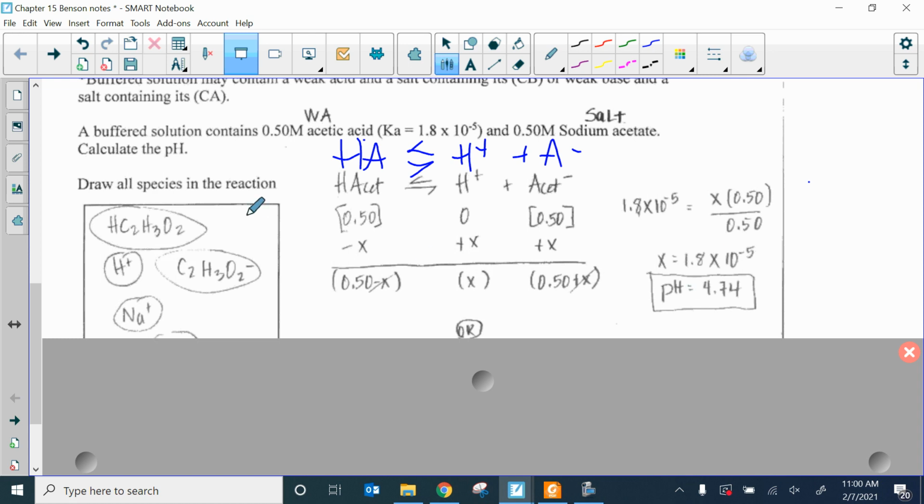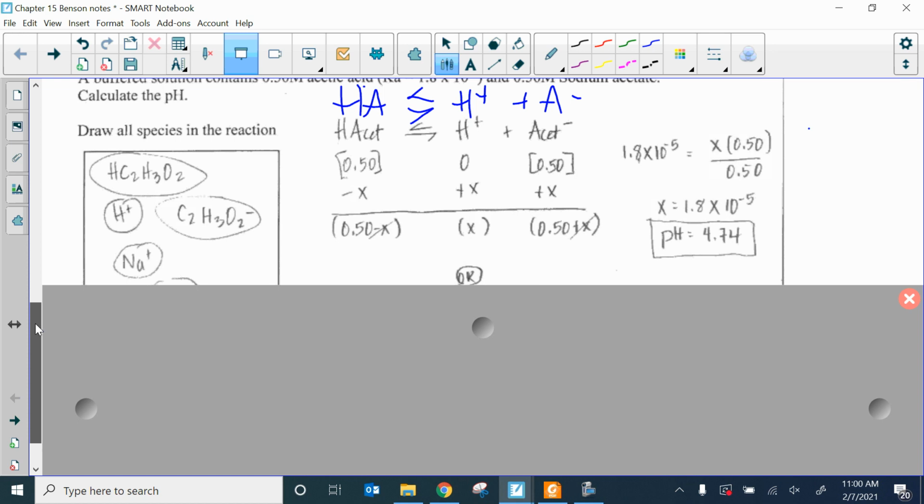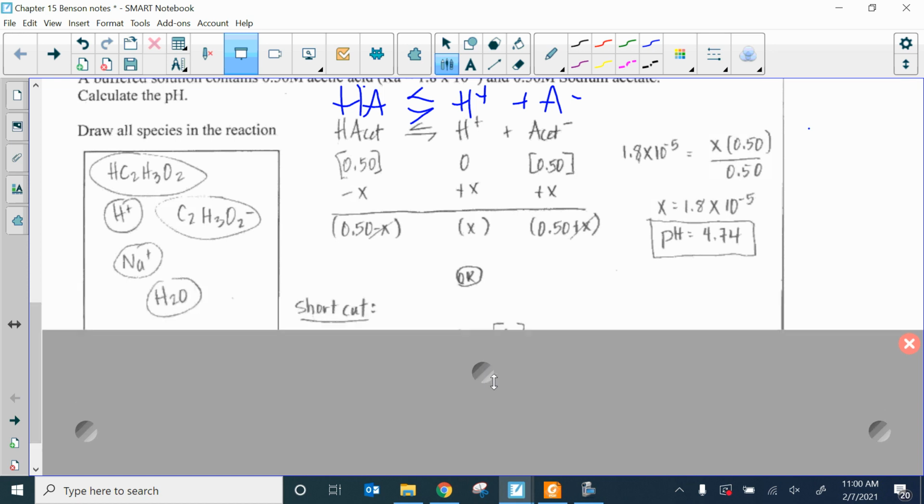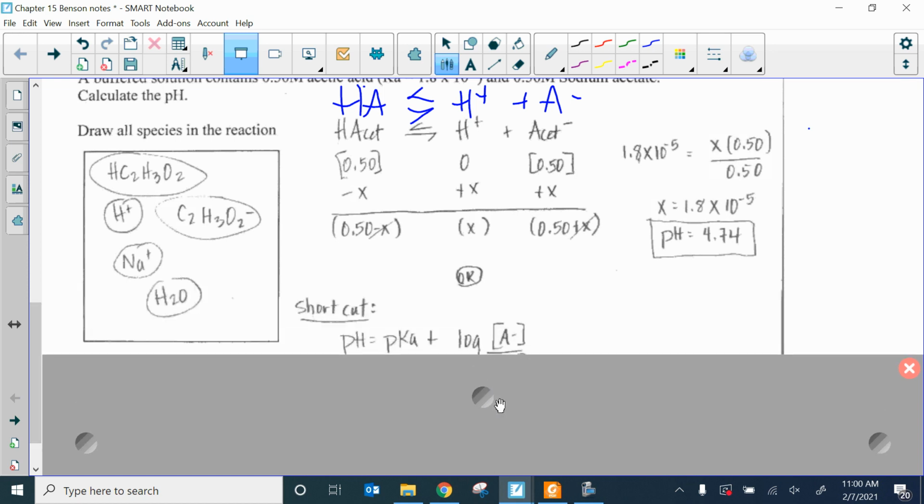calculated my pH. Now in AP, they are really taking a look at whether or not we understand what is in our beakers. If we think about what's in the beaker, we have our acid here because it's a weak acid. It's not going to fully dissociate, so you do need to write it as a compound staying together. It is going to dissociate some. We have our spectator ion, and we have water. There's lots of times that they'll ask you to identify some sort of drawing like this, or you might have